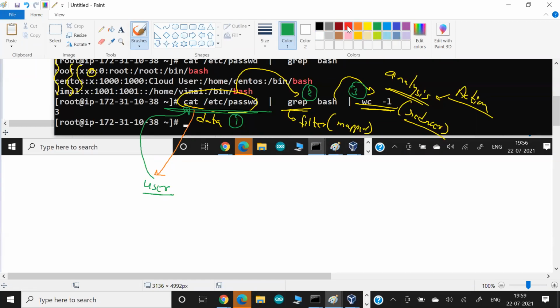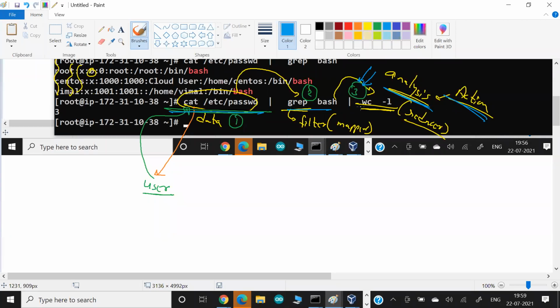And understand one thing, guys, when we need this data. If you talk about these 3 commands in the pipe, we need the data at step number 3. We don't need any data in step 1. We don't need any data in step 2, because here we haven't done any analysis or action part.